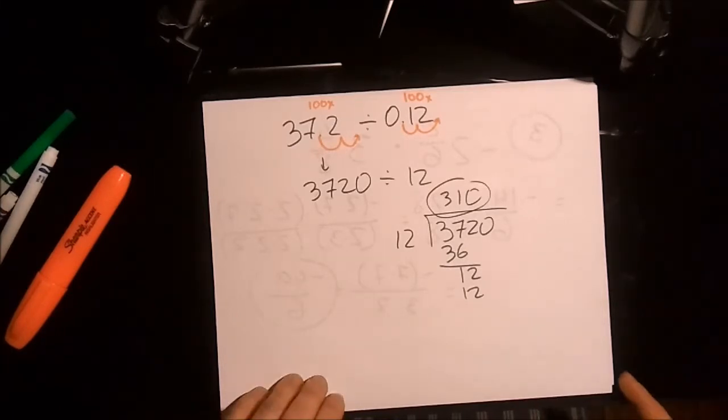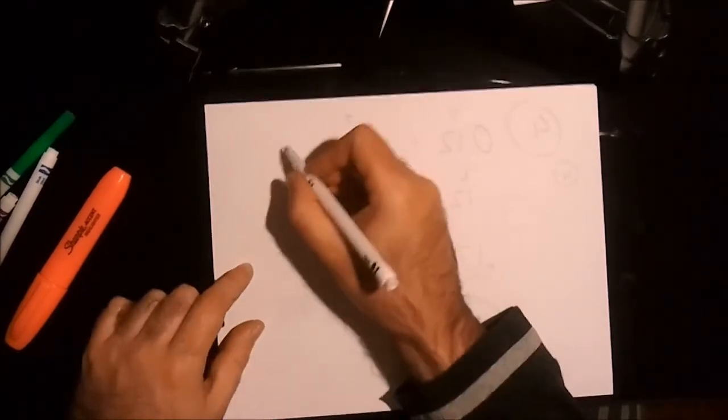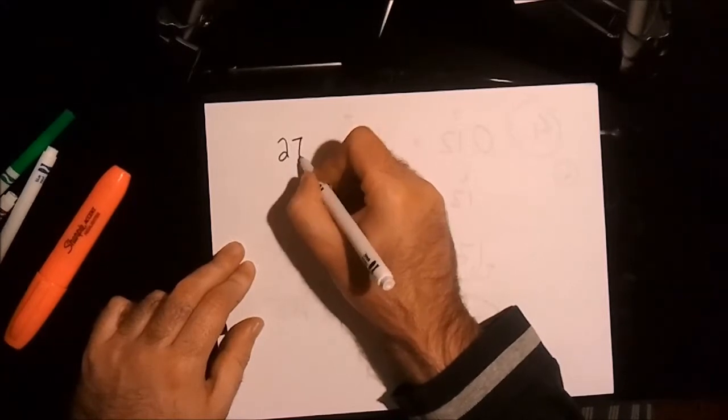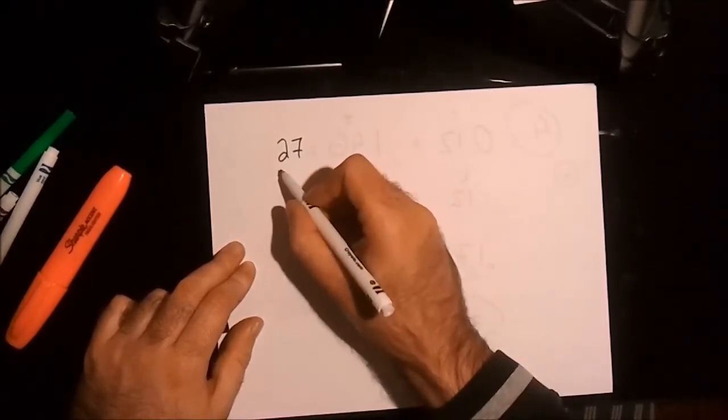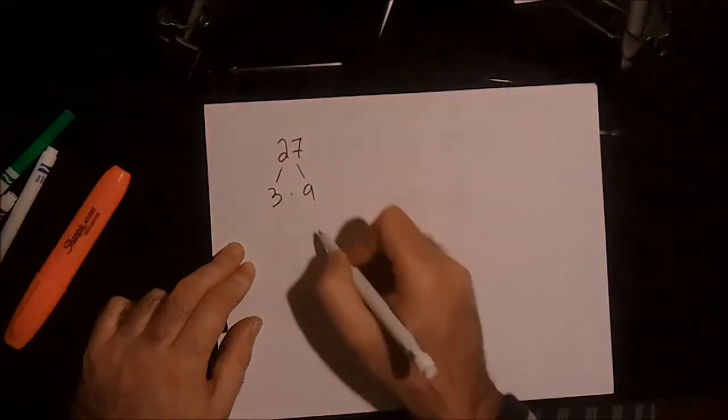The last thing I want to do is work on just breaking some numbers down, because a few of you do have some problems as far as breaking numbers for both the multiplication and the division with fractions. Let's say I have the number 27. I can break 27 down into 3 times 9. I can break